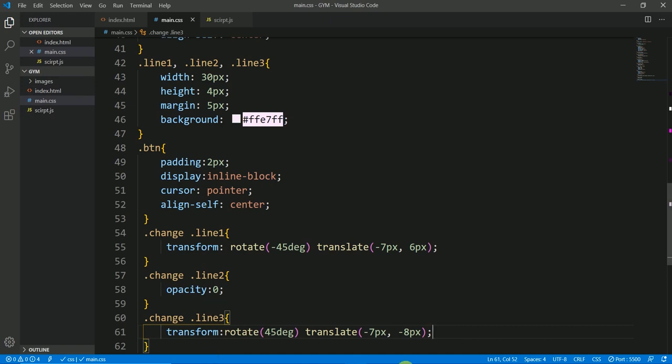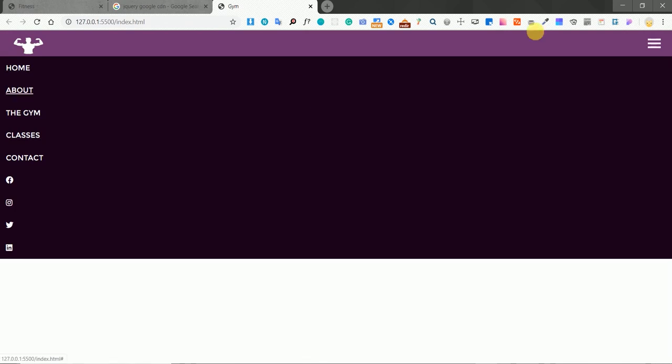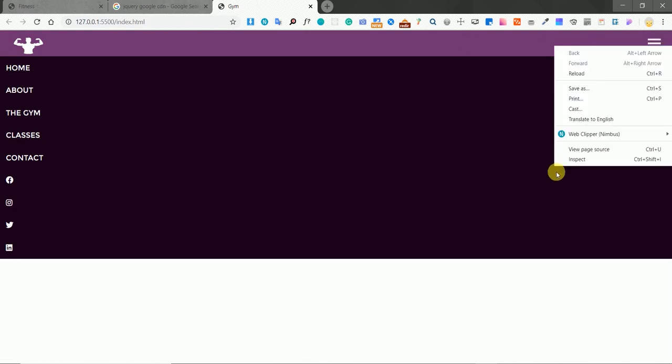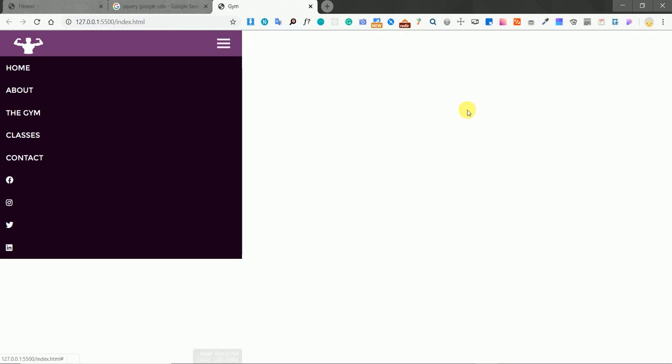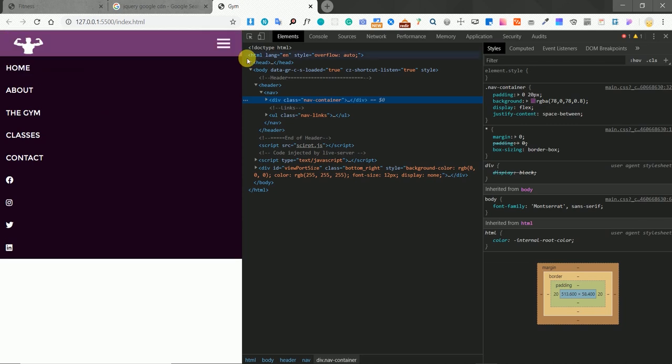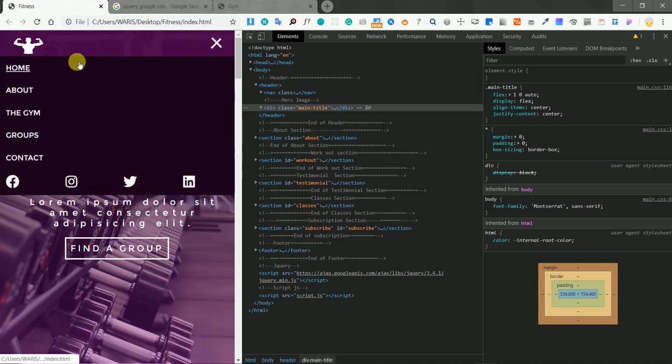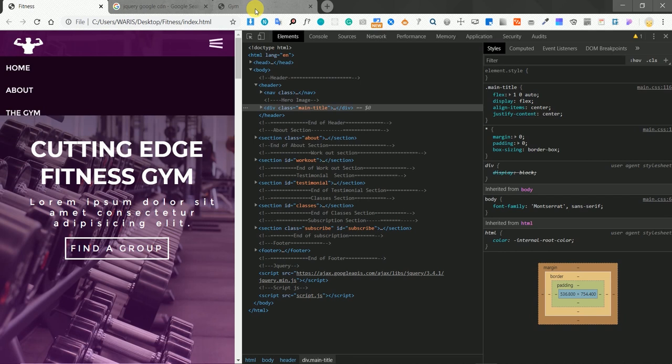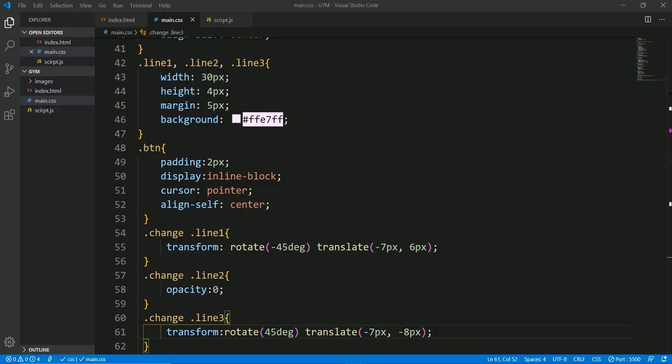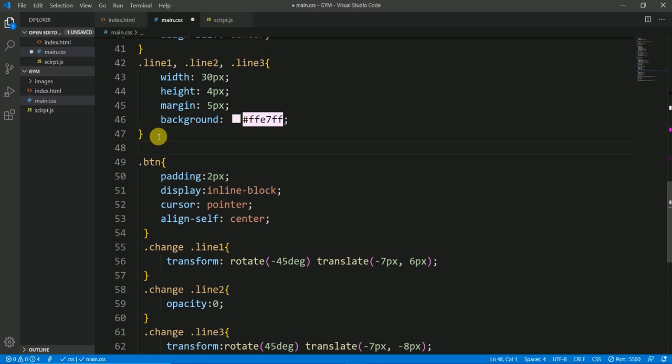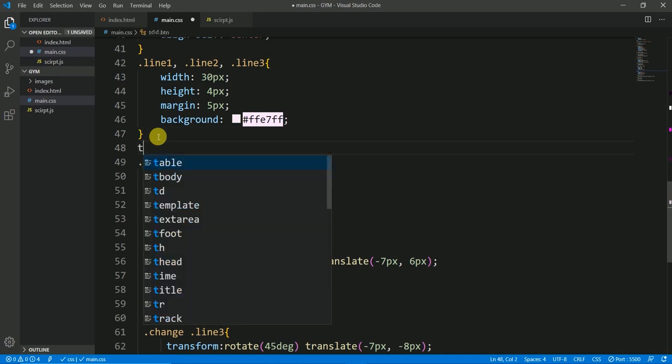It's done, but it is not going to show any kind of effect. Let me show you. Nothing is going to happen. To get all this effect, we have to use JavaScript. But first of all, before applying the effect, I want to have the